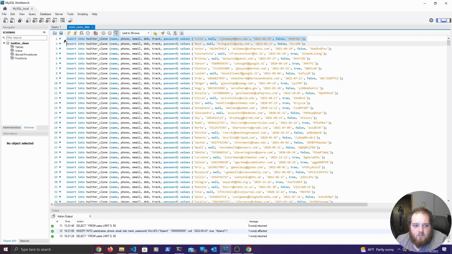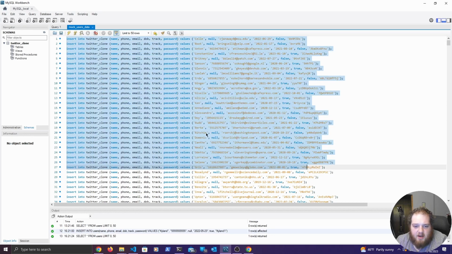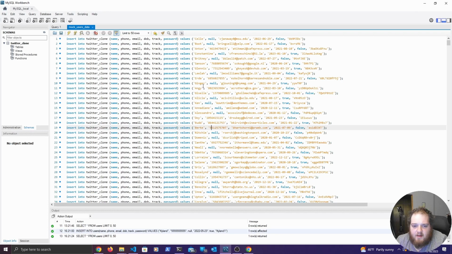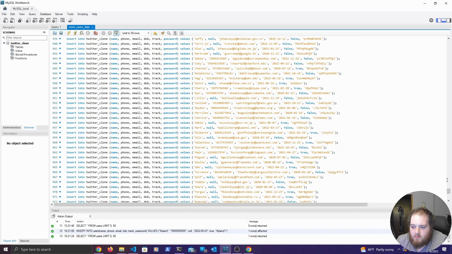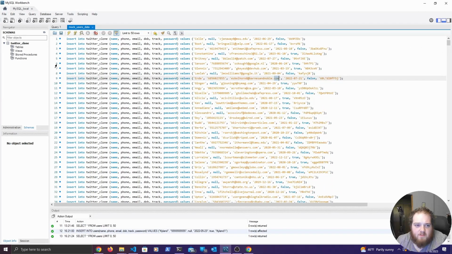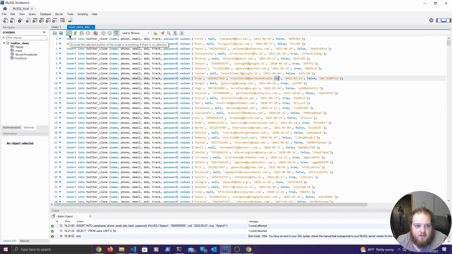I was unable to separate the phone and the email. So I set it so that everyone has an email, but only about 50% of them have a phone number. So we'll just work with that. There's 1,000 rows of mock data in this, so that should give us plenty of data to work with. I'll go ahead and execute this file,